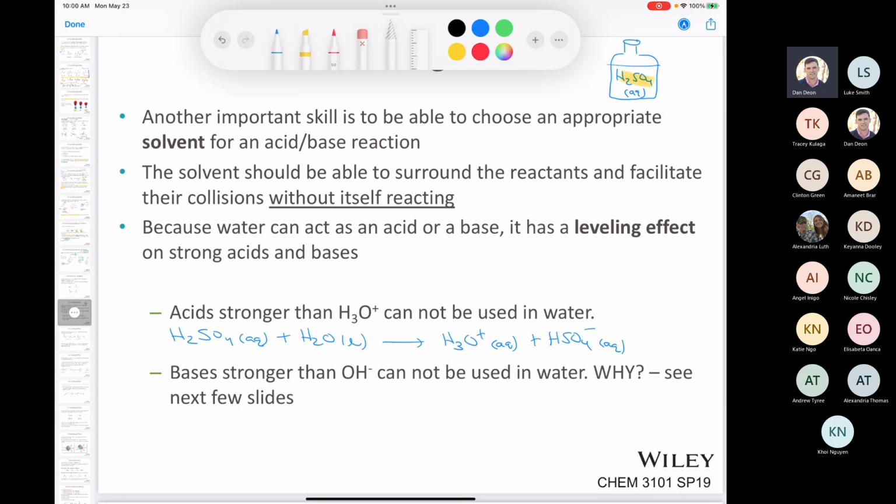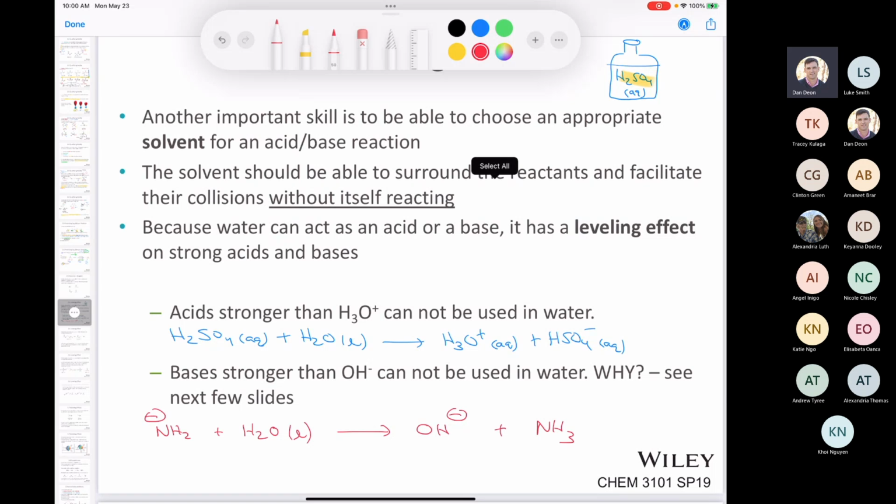Let me give you an example. A base that's stronger than hydroxide would be NH2 minus. You can't use that in water as a solvent, because if you put that in water, all it does is rip a proton off of the water. Sorry, that shouldn't be aqueous. Anyhow, all it does is rip a proton off of the water to give you hydroxide